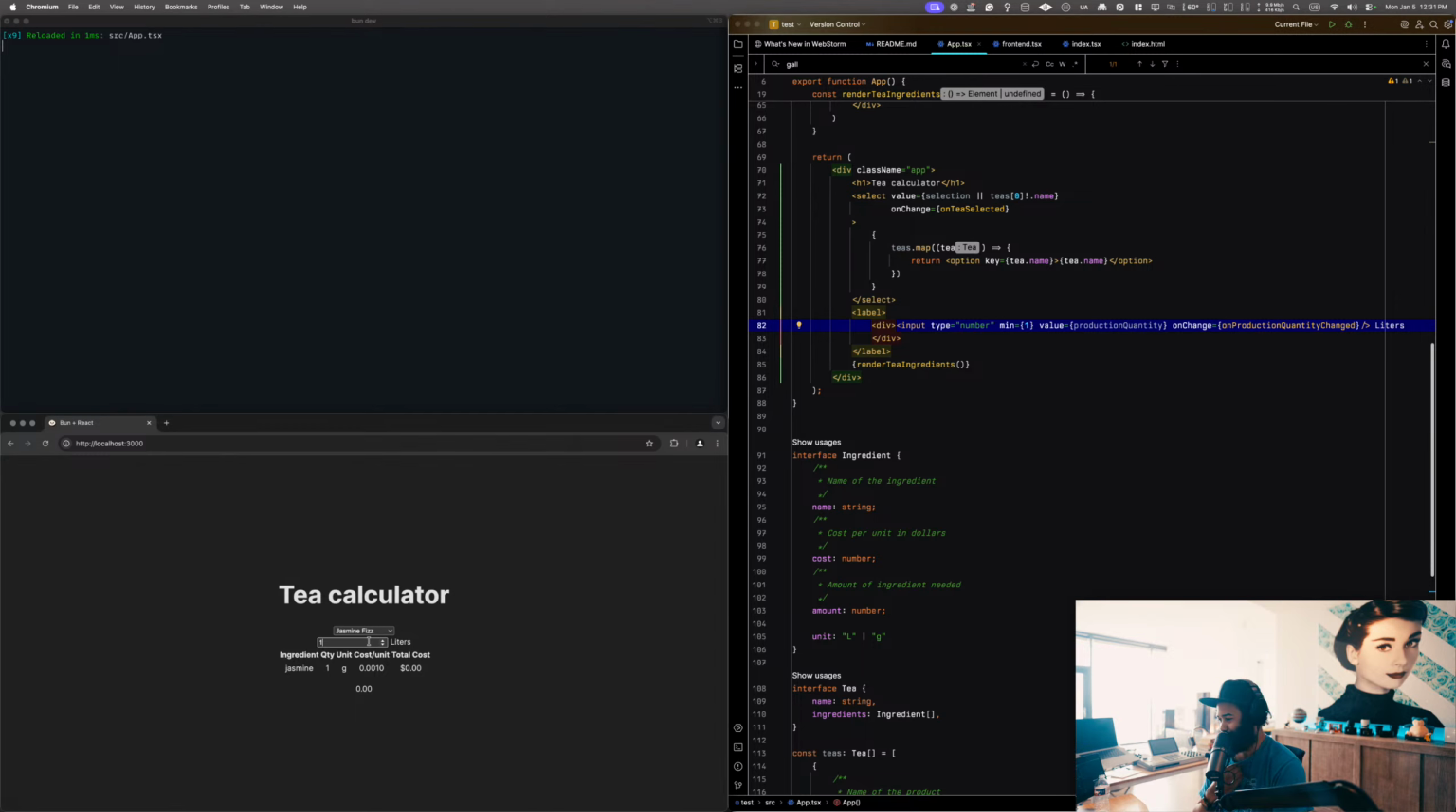Okay, so 1 liter, 2 liter. I should maybe go to the T with more things. 1, 2. Okay, so things aren't doing what I want yet. And the reason for that is this is still based off of like 1 liter. So I need to multiply